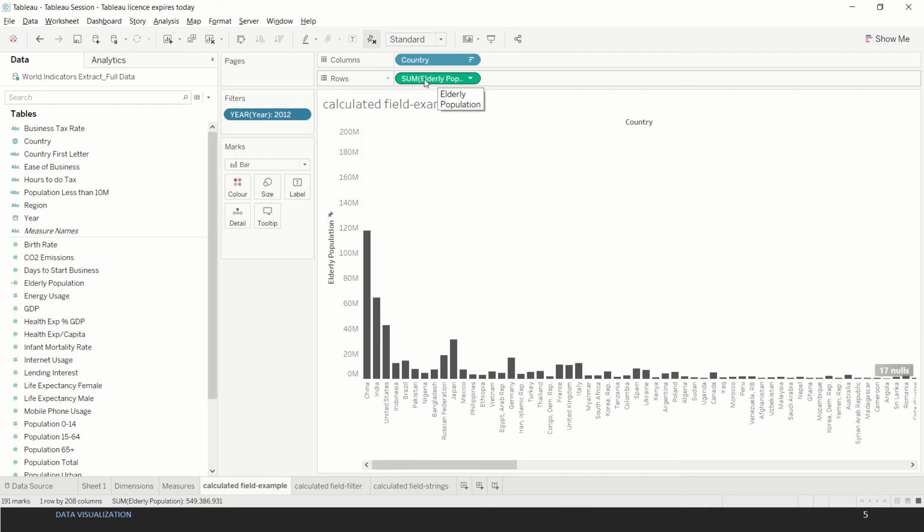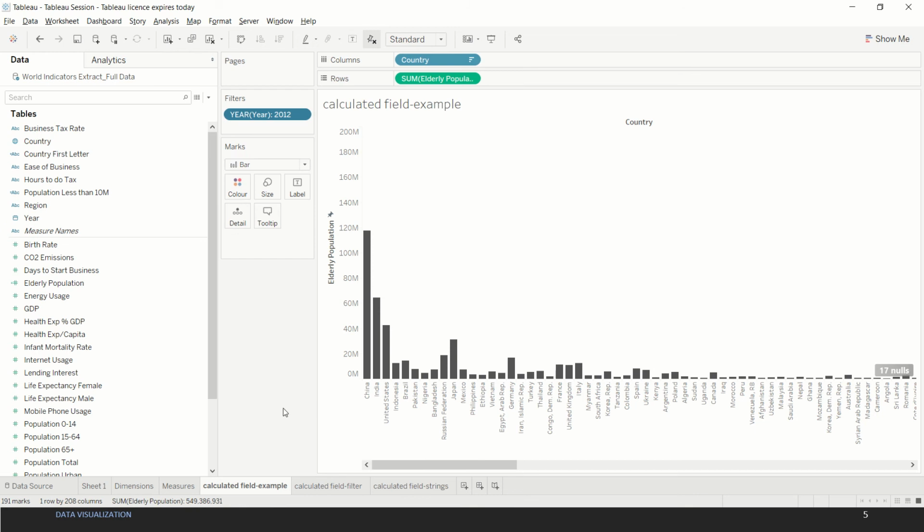Note that the sum expression has automatically come here by default, because like I said in the previous video, this is a measure and by default any numerical measure would be aggregated by Tableau. So here we get an elderly population breakup by country. This was an example of a basic calculated field.